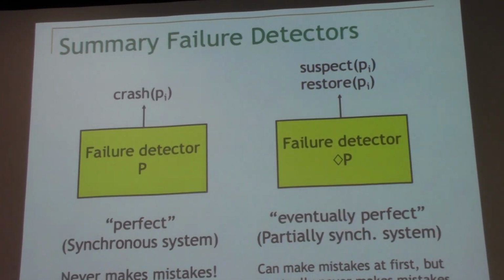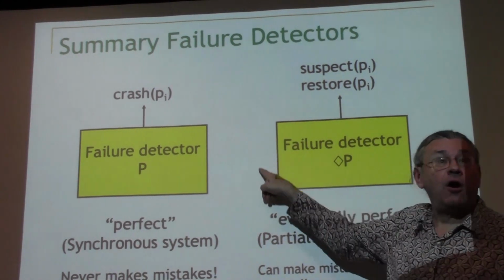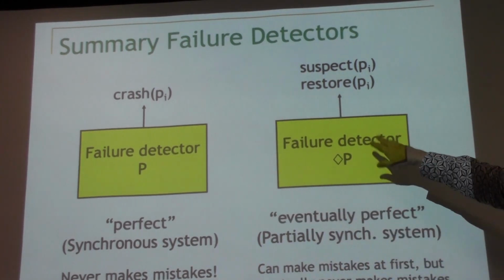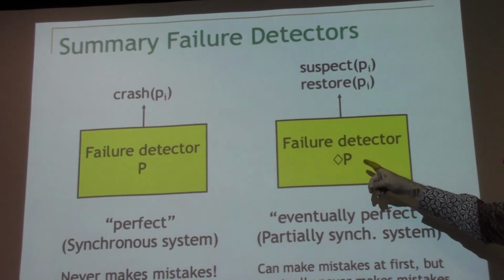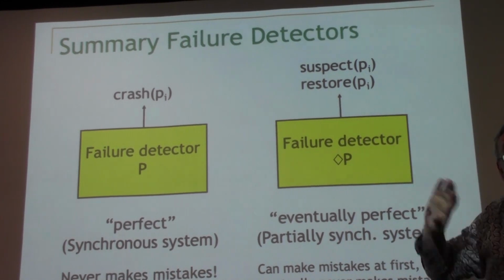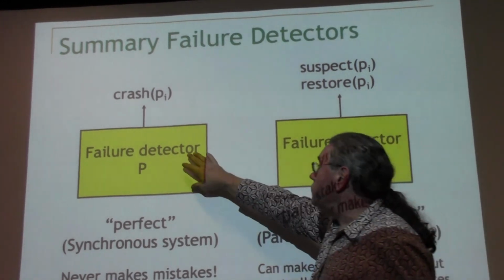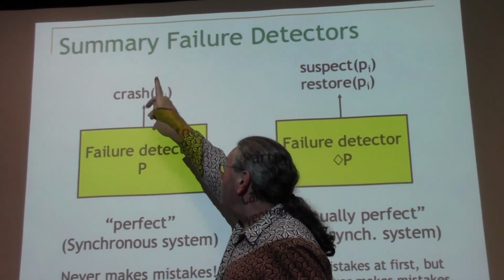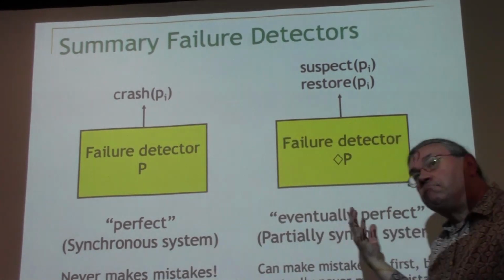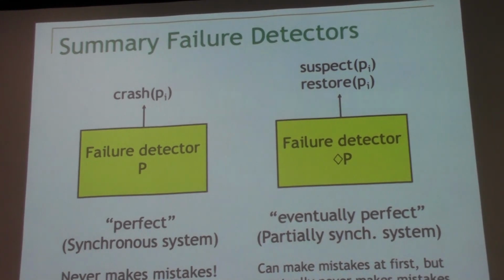So failure detectors are kind of like this. This yellow box, remember, is like our code, the code we write. We have something running in there, and messages come out of it. That's it. So this thing is running, and every once in a while, it sends a message out. We don't know when.